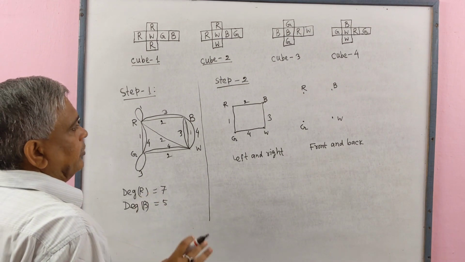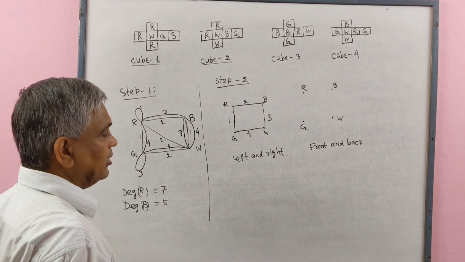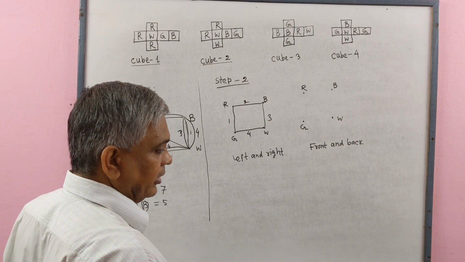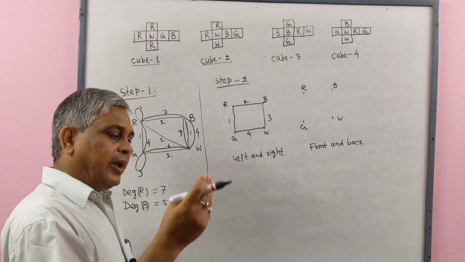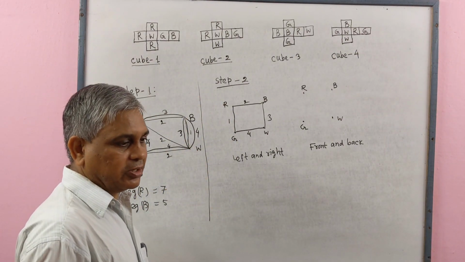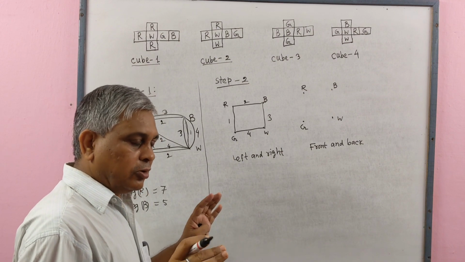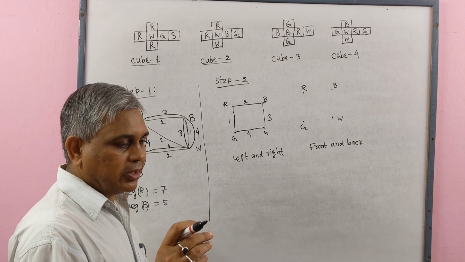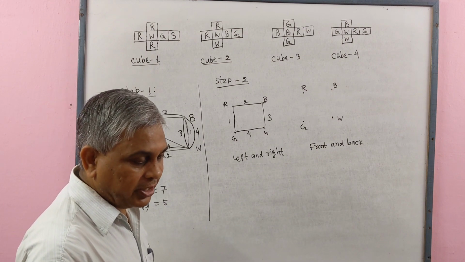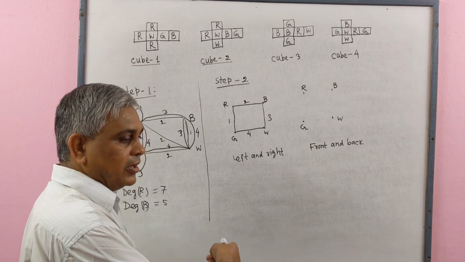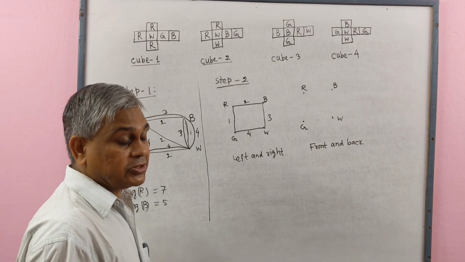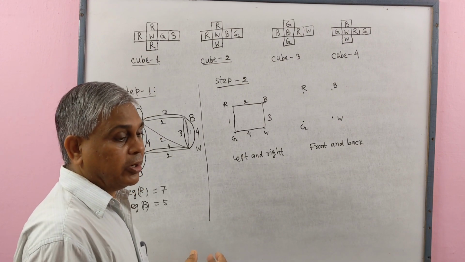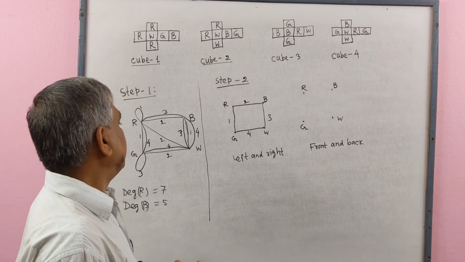We construct another subgraph for front and back. In front we have 4 faces and in back we also have 4 faces. So 8 faces. For this we need 4 edges, each joining the front face to the back face of a cube. So 4 edges for 4 cubes are needed.